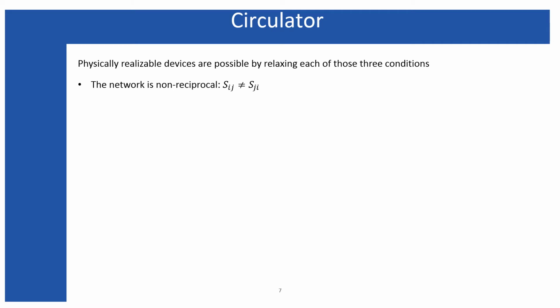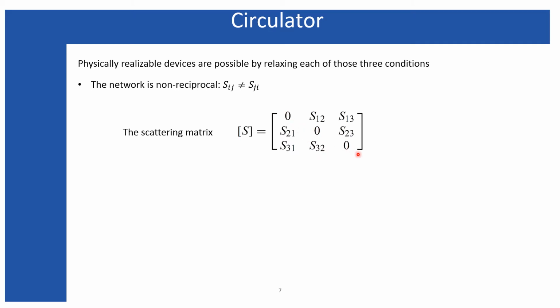So first of all, what I am going to consider is that the network is non-reciprocal. That means off-diagonal components are not equal to each other. So we will see eventually that this condition is going to describe a property of a circulator. So the S matrix will be this one here, as I have assumed the network is fully matched, three ports are matched, but they are not reciprocal. Therefore S12 not equal to S21, similarly S13 not equal to S31, and S23 not equal to S32.